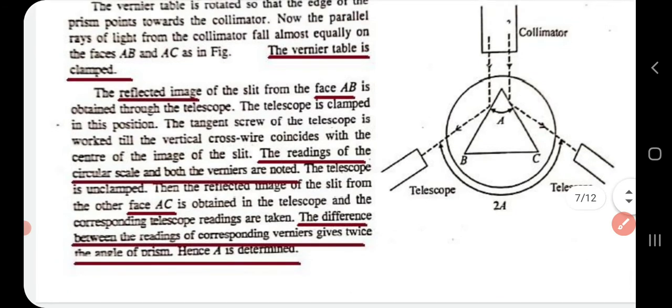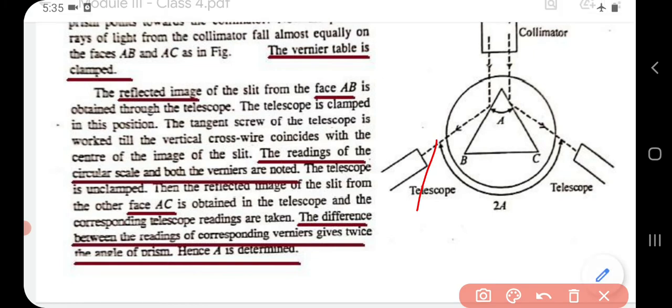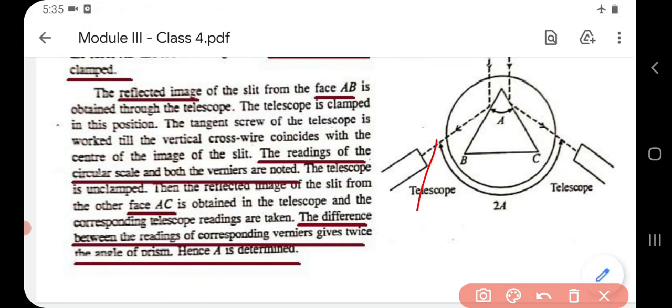The reflected image of the slit from face AB is obtained through the telescope. See, from the collimator, the light ray falls here and it is reflected, and the reflected ray from the face AB of the prism will be received at the telescope. Now you just note the main scale reading and vernier scale reading, and after that you rotate this telescope